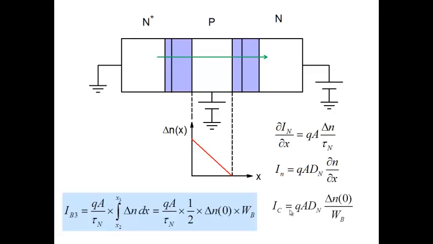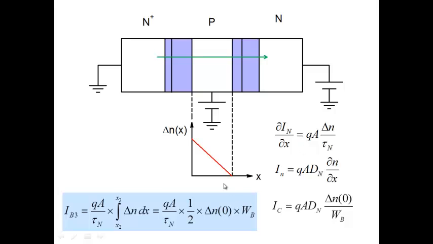Okay, and of course IC is also the same, QA dN delta N0 by WB. According to this expression here, IC is here, right? So you may be wondering that, I'm calculating the base current here. I'm saying IN2 minus IN3, IN2 and IN3 are different, to obtain this particular expression. But then at another place, I'm saying the carrier density is linear, assuming IN is constant here, right? So, you make different assumptions at different places to simplify your